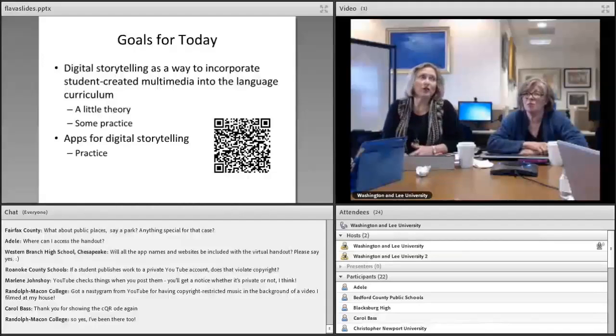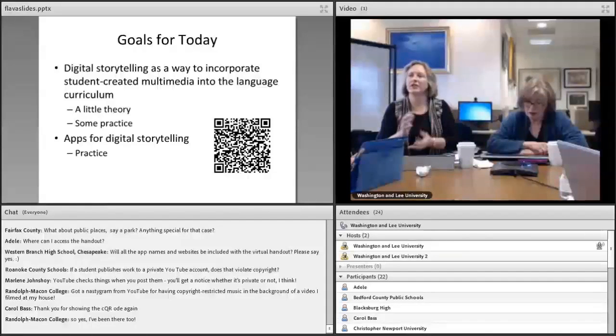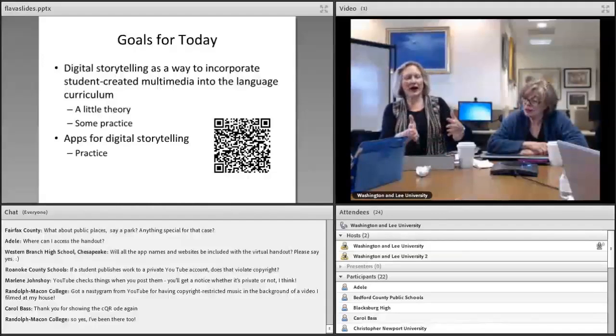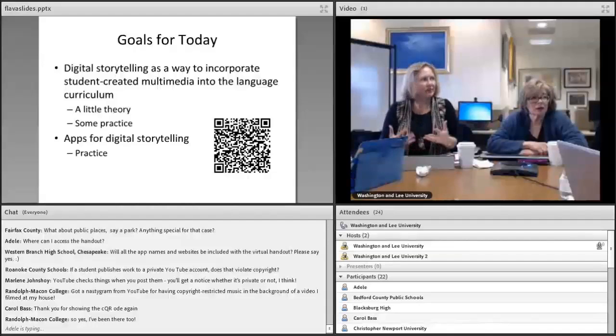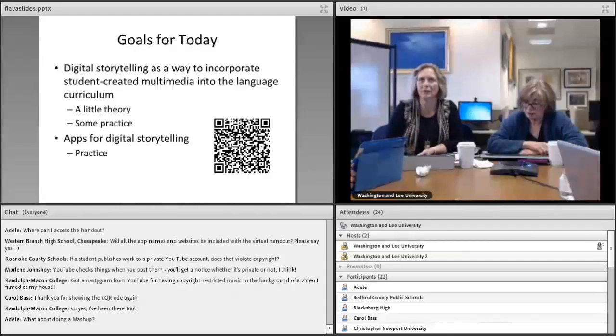Music is expensive. If it is transformative, that's the other thing. If you're taking clips and mashing things together and doing unique and different things, that's one thing, but putting a soundtrack behind your slides is not transformative. That's not fair use. That's not creating something new out of the original music. So you do have to be careful when you start waving the banner of fair use and educational use, and make sure you're actually doing that. It is a good idea to teach your students about this.